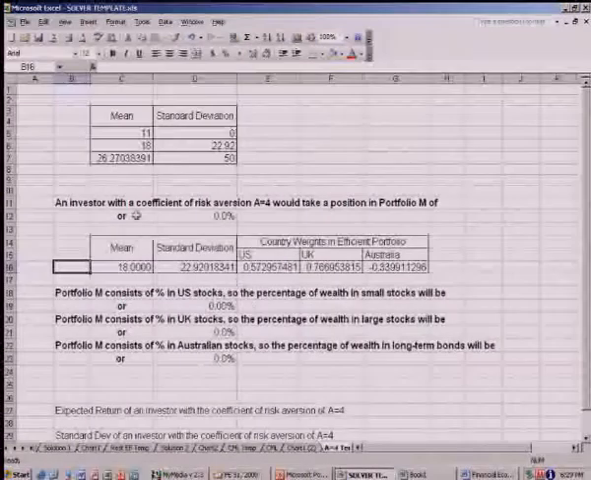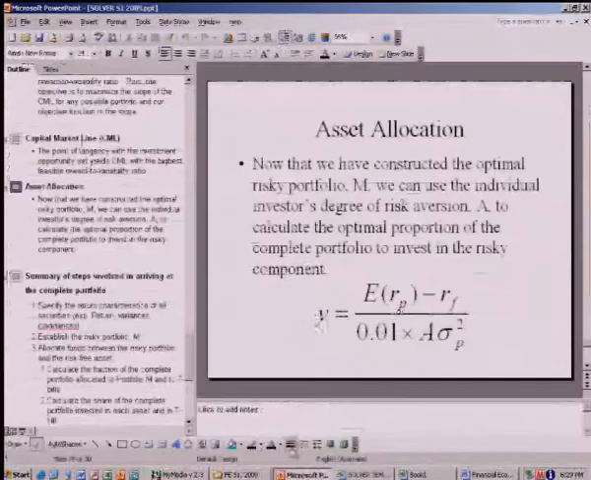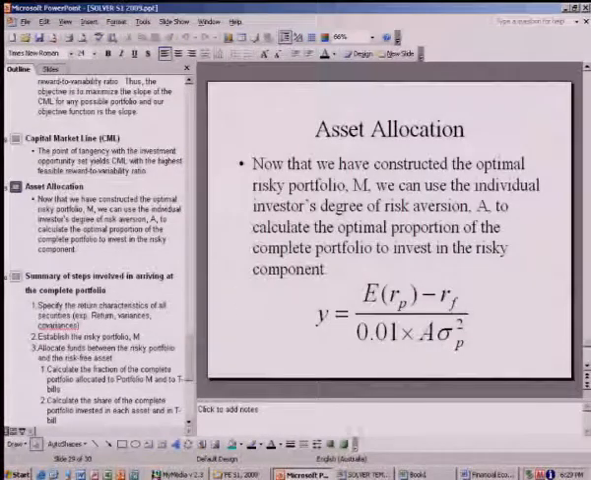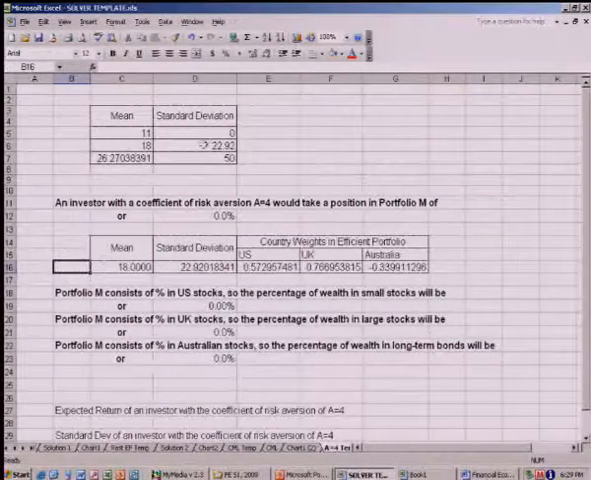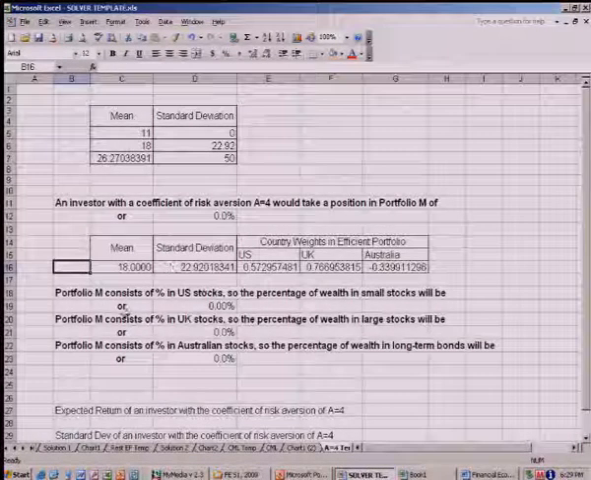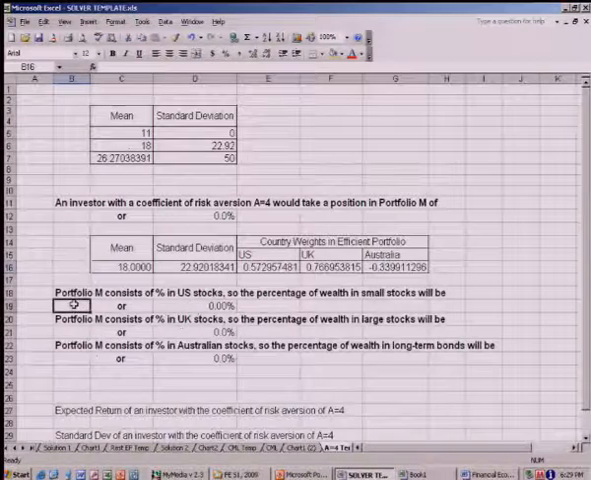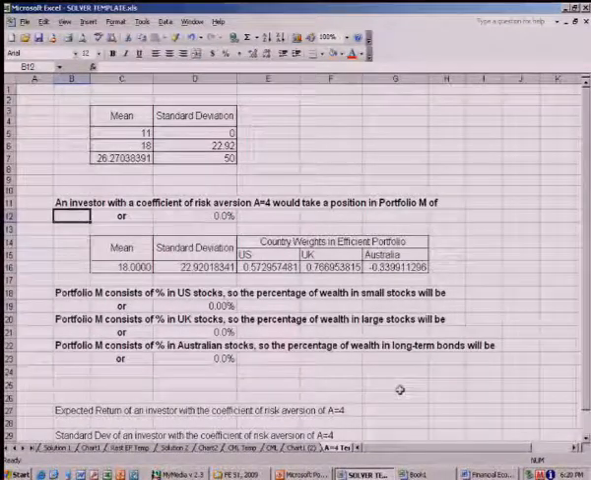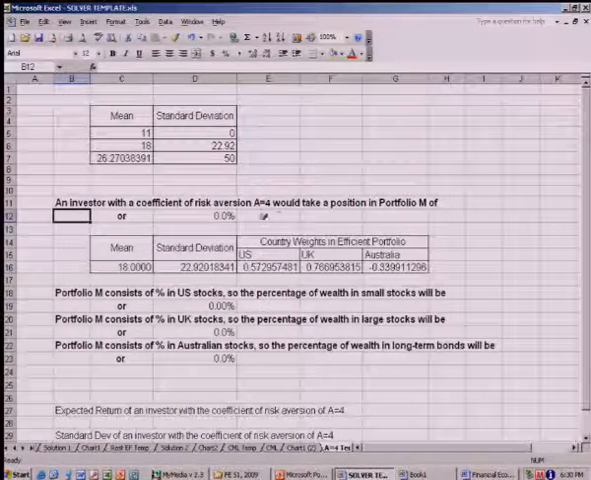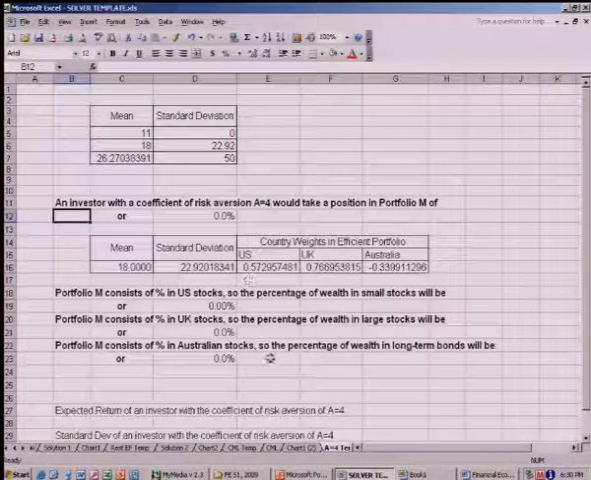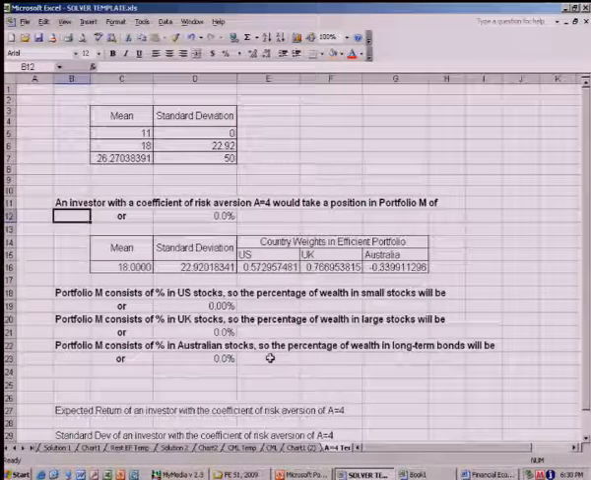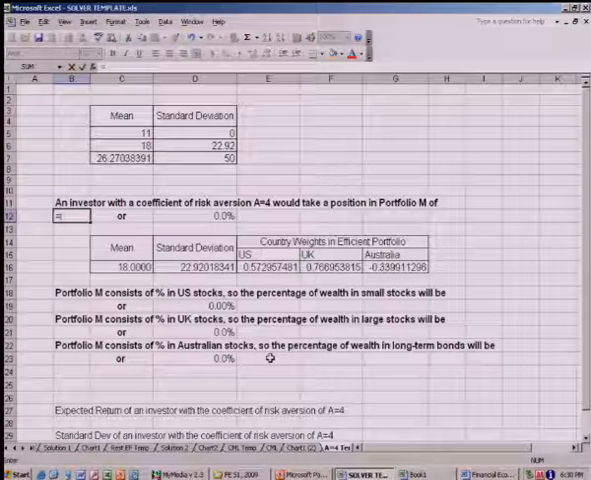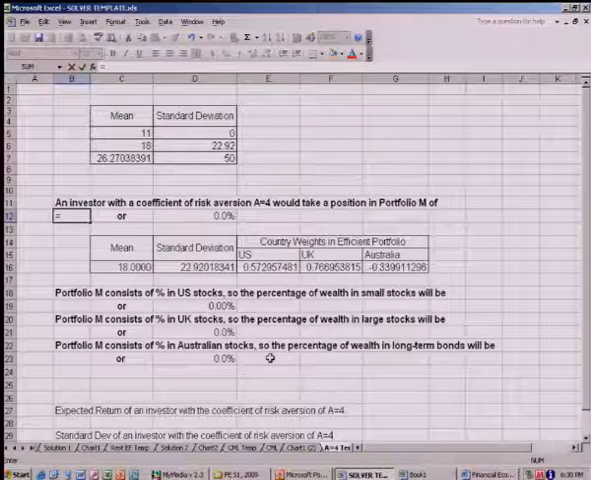So I'll use that formula, the optimal proportion in the risky portfolio that you should be investing for a certain risk-averse investor, to find exactly for this set of information how much my investor with the coefficient of risk aversion of A equal to 4 should be investing in this optimal portfolio. So in this case,